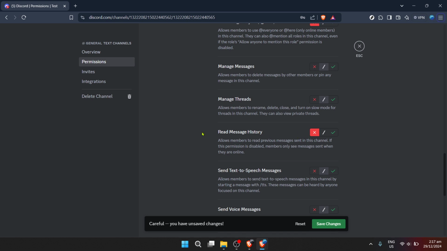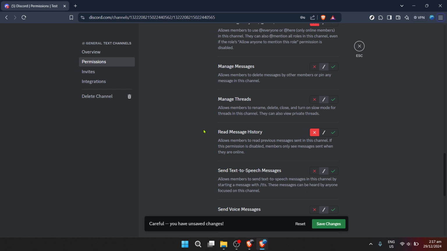Some additional tips to consider while managing your server: communication with your server members about changes in permissions or settings can help maintain a healthy community environment. Transparency builds trust, and trust is invaluable in any community, especially online. Also, always keep an eye on Discord updates. The platform regularly rolls out new features and adjustments to existing ones, which could mean new ways to manage your server or changes to current processes.